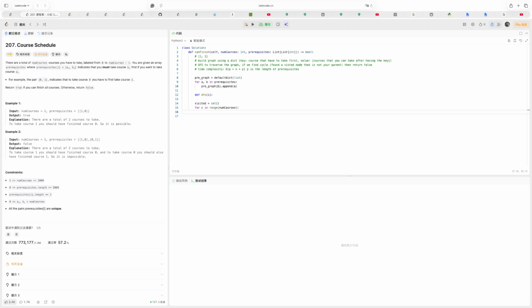So I think we should reset the visited set every time. So it's like, okay, we will have it like this, and DFS(c), and if nothing went wrong, we will